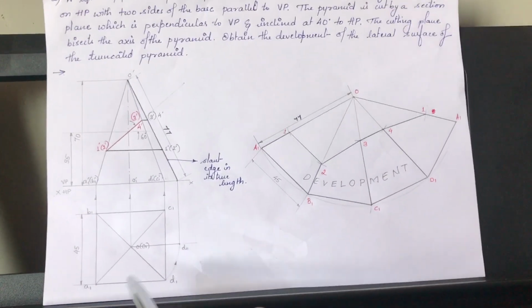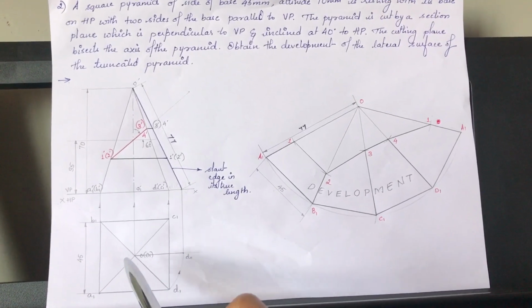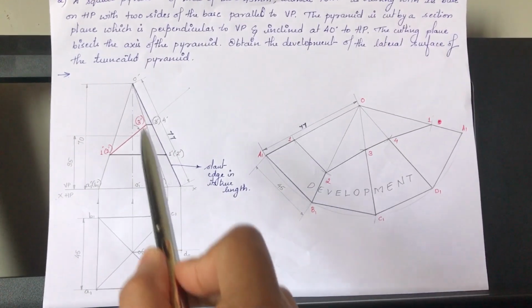So this is a condition where the edge, any one of the edge, you should always try to identify which edge is parallel to XY line, and that edge should be